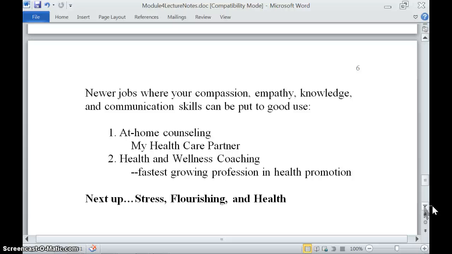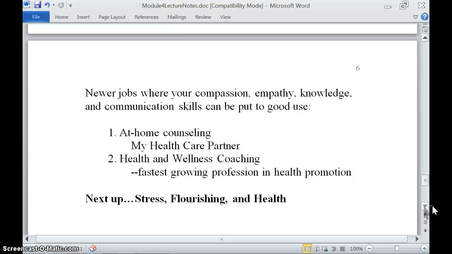And then the last one is health and wellness coaching. It's the fastest growing profession in health promotion. Go to any job site like Indeed.com or Jobs in Higher Education or hpcareer.net. I kind of go on these things just because I like to keep myself apprised of what's happening. And every other job is some kind of health and wellness coaching. And they don't always require a nursing background. They require health promotion or kinesiology or exercise science, fitness type degrees,